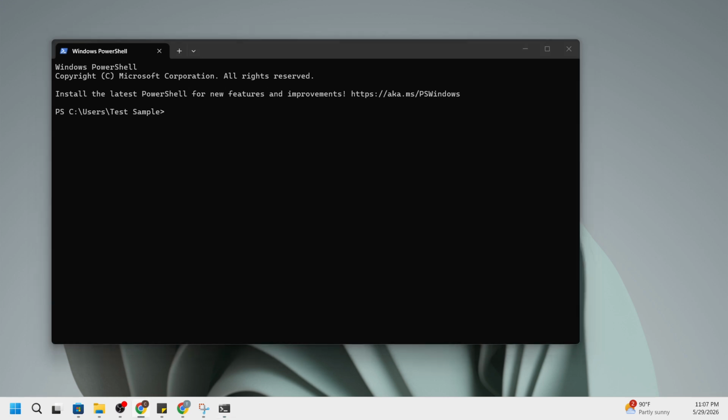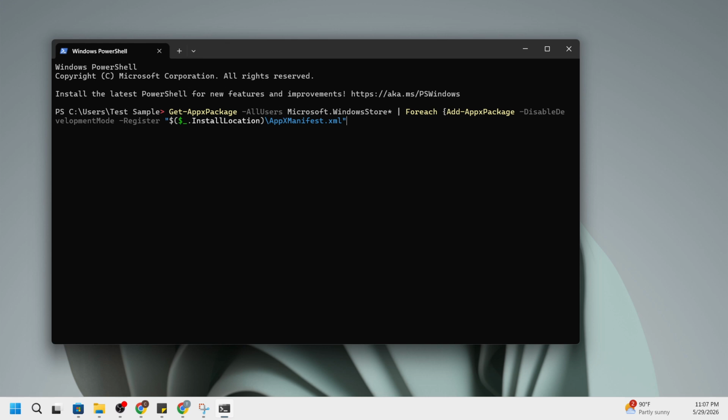If you see a prompt from User Account Control asking if you want to allow changes to your device, click Yes. That prompt is normal and simply confirms you're running with administrator rights. With the elevated window open, it's time to run the reinstallation command. Copy and paste the reinstallation command into the window and press Enter. Pasting helps avoid typos, and pressing Enter will start the deployment. Be sure you paste the entire command as a single line.